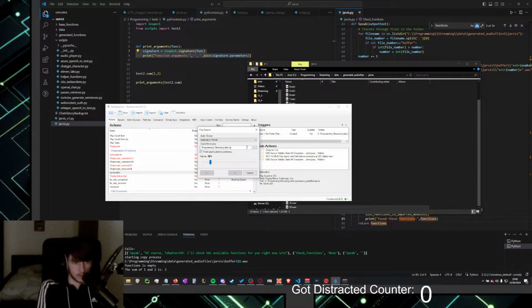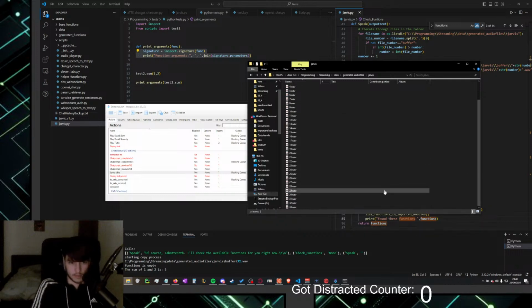Sound file to play is just full path. Right? This should do it, I think. So if I now delete this and paste it again.